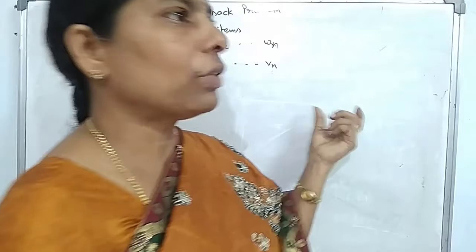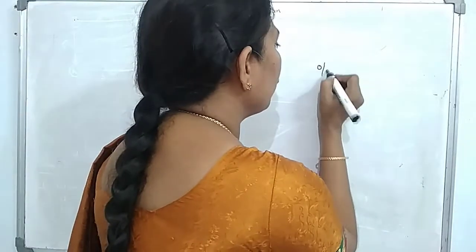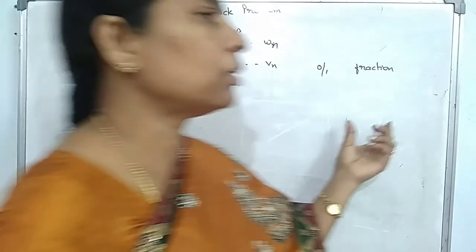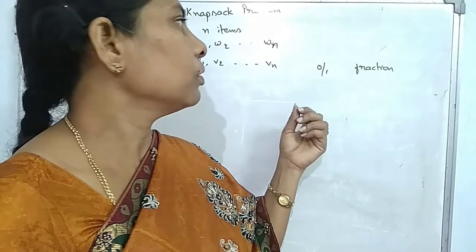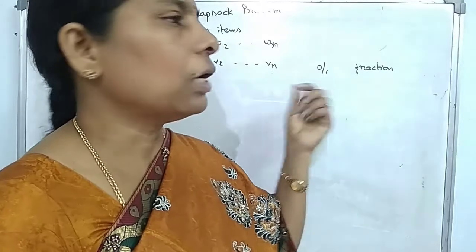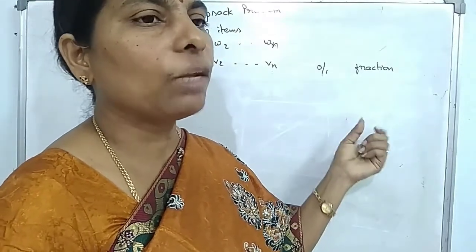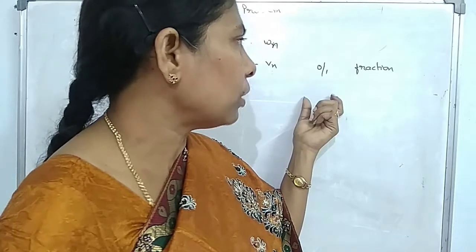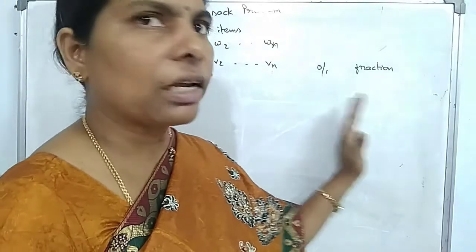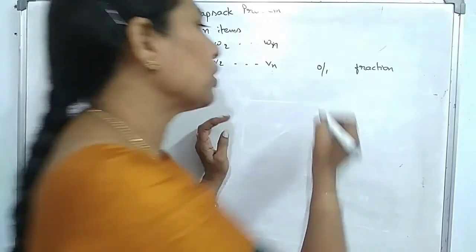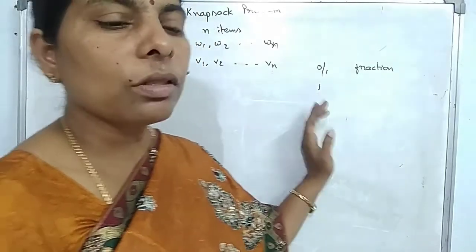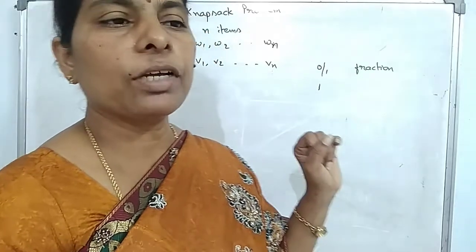The knapsack problem has two variants. The first is 0/1 and the second is the fractional one. In dynamic programming, we already discussed the fractional part in the last classes. That means either an item is filled or it takes the remaining fraction. But in the 0/1 knapsack problem, either the item exists or it cannot exist. If it exists, you take the value 1. If it cannot exist, you take the value 0. That is the process you follow for the 0/1 knapsack problem.